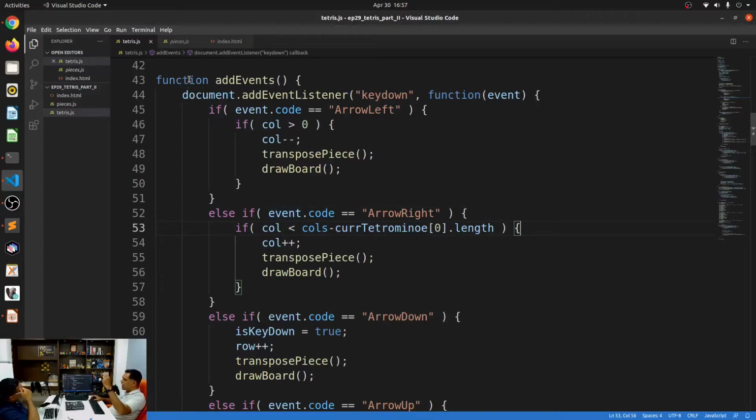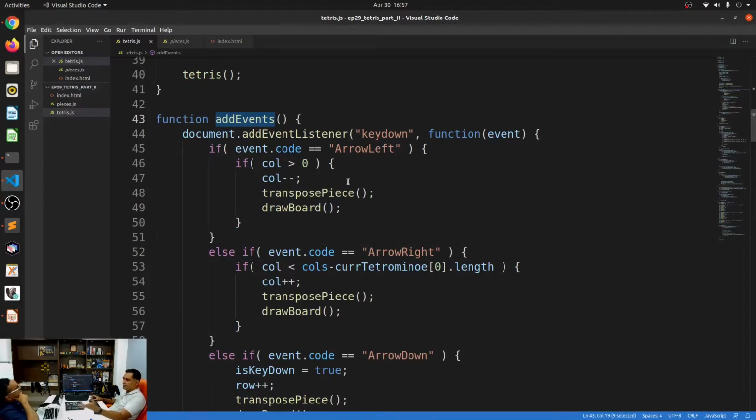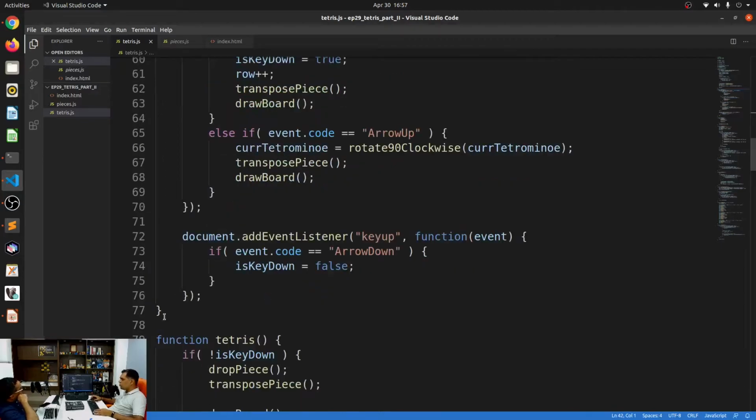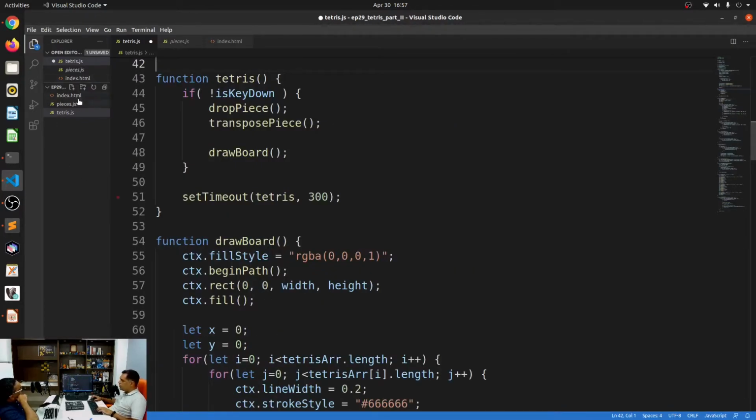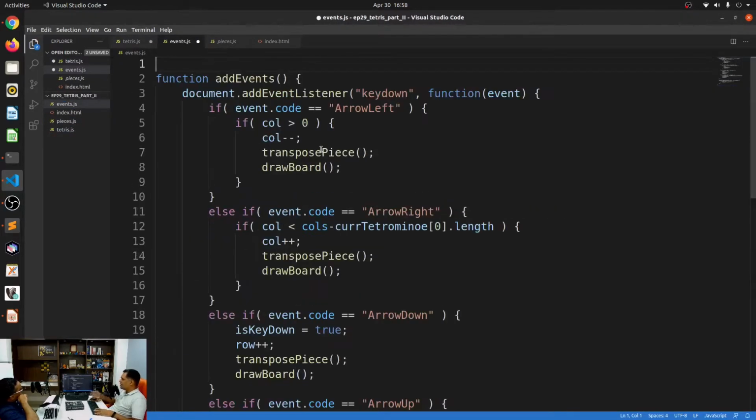Now, I don't want to mix this event handling code along with the main code, so I'm going to put it into a separate file and then include it. Right now this works very well on the desktop, played with a proper keyboard. But eventually we will have to put in mobile handling and swipes, so that all of the event code goes into this one file. I'm going to remove this piece of code and put it into an events.js file.